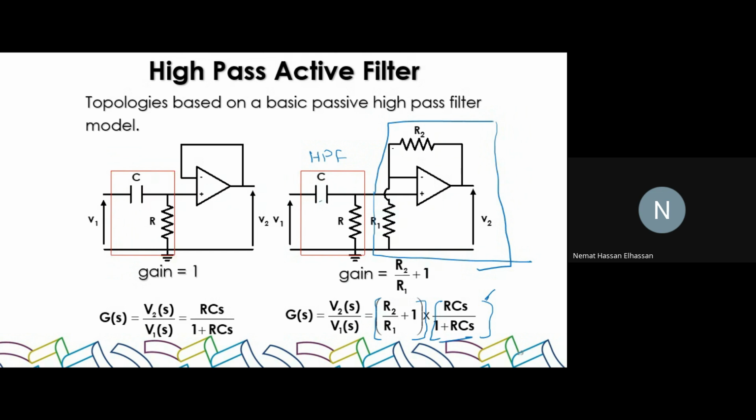To know how this equation, the gain for the high-pass filter, is derived, just go back to the last lecture. It will be there in detail. And this one, what is the gain of this one? It is non-inverting, but what is the value of the gain? 1. The same idea, a voltage follower, where R2 is 0 and R1 is infinity. Clear? Okay, there is another way to build